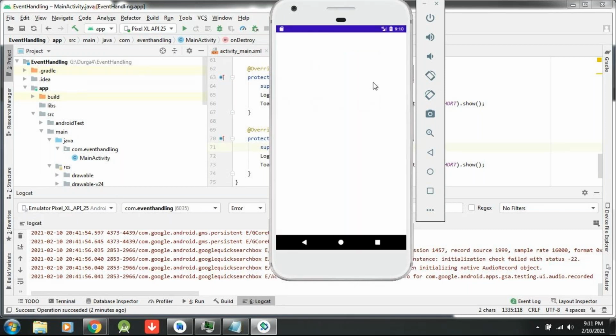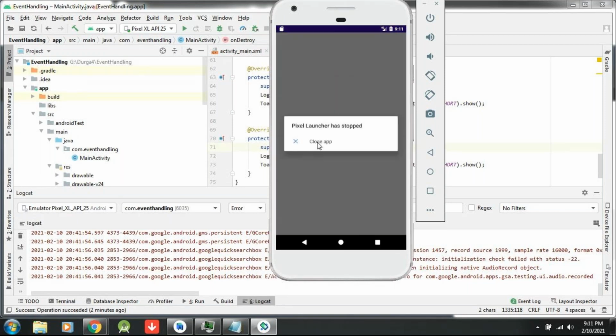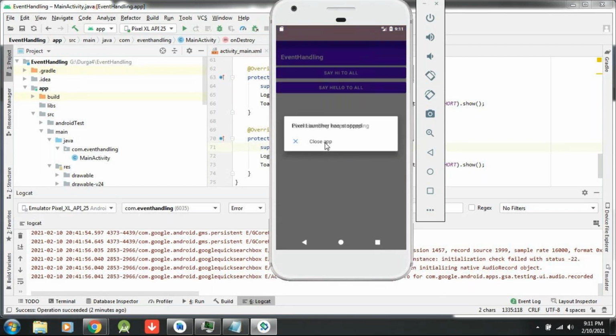I think I have to install Android Studio again. Pixel launcher has dropped. Problem in the emulator actually.